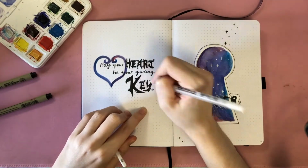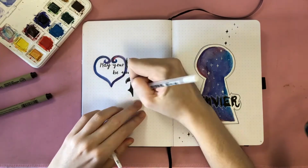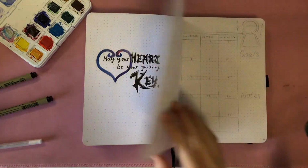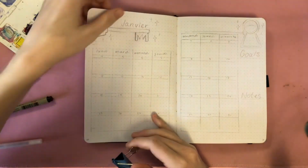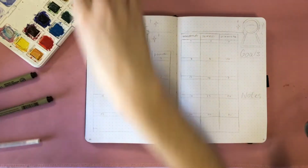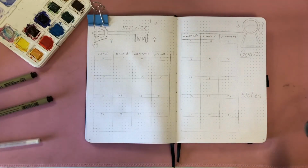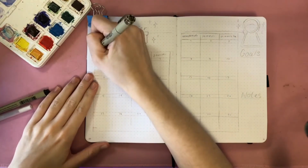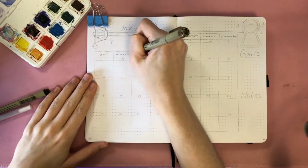Either way, I also drew art behind the quote, and I also used my watercolors to make it pop even more. The art is obviously based off the Kingdom Hearts logo as well. And now that we are done with my quote page and my title page, we're gonna move on to my